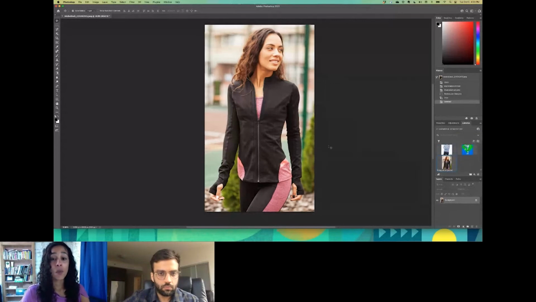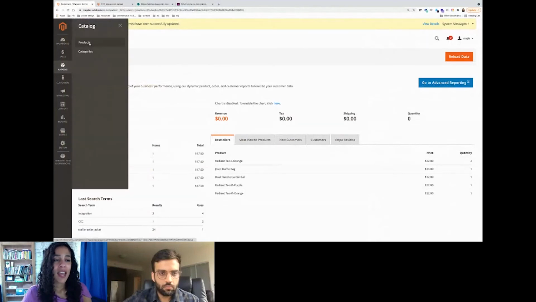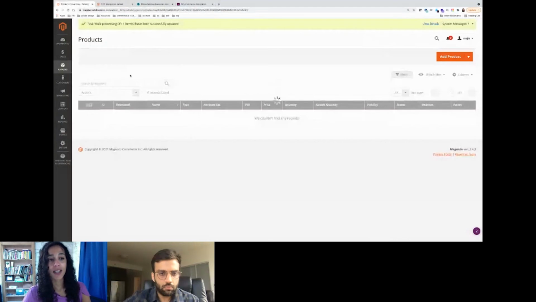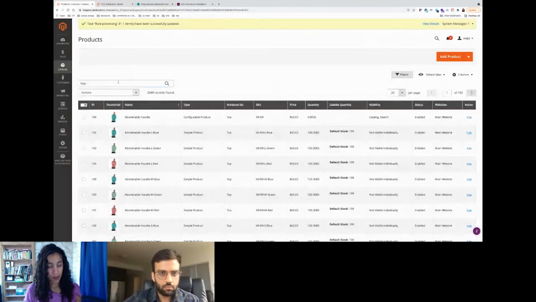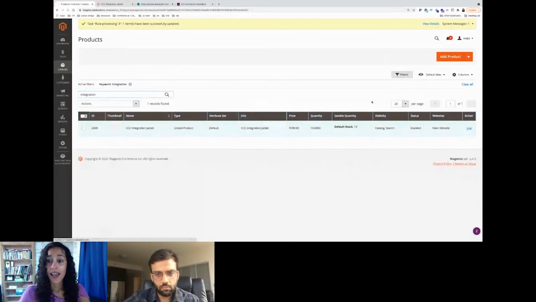So at another point in time, the communicator, who is maybe a marketer or a merchandiser, comes into their commerce instance and can navigate to a product. Maybe this is an image that they now want to add to an existing product. So they can look in their product catalog and type to find the specific product that they're looking for, edit the product,